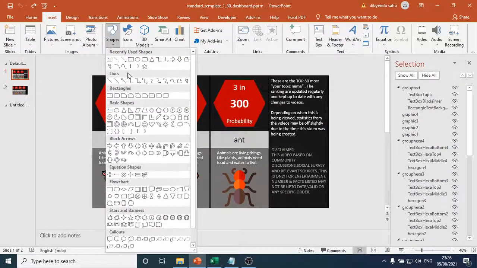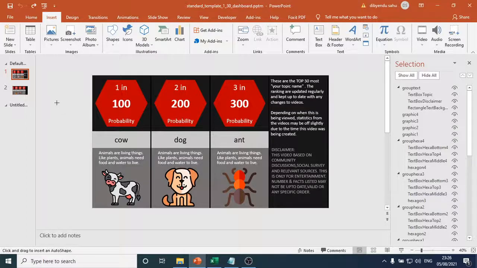You can insert any shape from this menu, the PowerPoint shapes. Now I want to change it to a star, a 12 point star. So insert, and remember one thing, when I insert, I press the shift key so it will be equal size. So pressing the shift key, drag this.